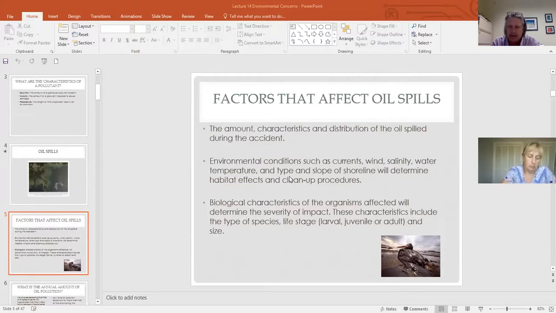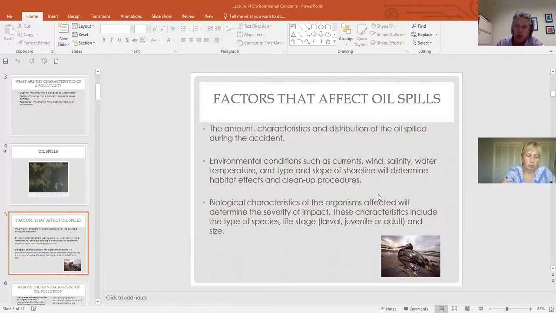Well, that doesn't seem very smart, most of our economy being tourist-based beach, but beaches are easily replaced. You can scrape the oil off the beach and then re-sand it. You would have to match the sand types, so you would limit damage on creatures and turtles and things like that. But beaches are far more accessible, far easier to clean than a mangrove estuary or a salt marsh. So the type of shoreline is very important as to the environmental damage that is done by a spill, the impact. Slope as well,